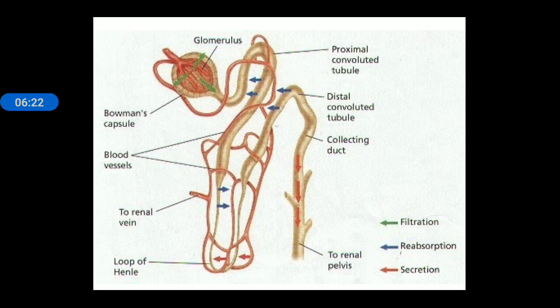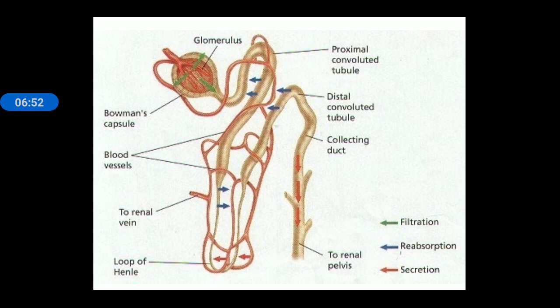in glomerulus. As the filtrate enters into the PCT, please note down, as the filtrate moves in PCT, this filtrate contains some useful substances such as water, glucose, amino acids, proteins. So these useful substances are reabsorbed by PCT, proximal convoluted tubule,